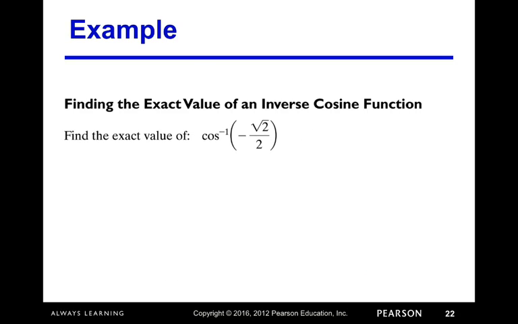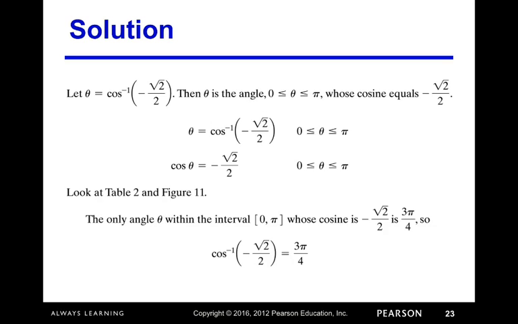So we want the exact value of the inverse cosine function. We're going to find the same exact thing. We want the angle that has a cosine of -√2/2. Okay. So we know that cosine theta must be -√2/2. So looking at table 2, for an interval between 0 and pi,